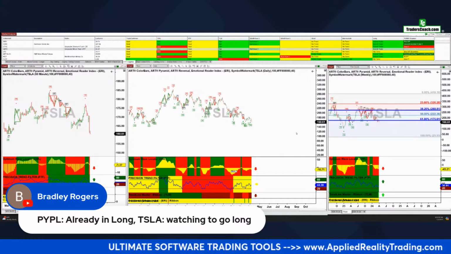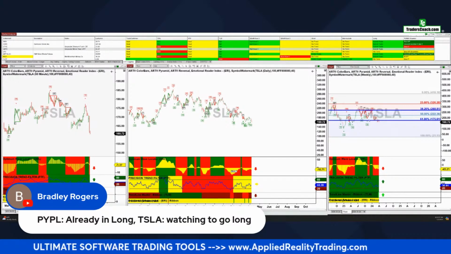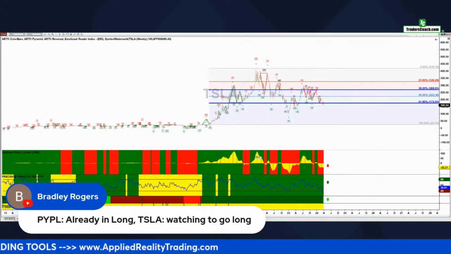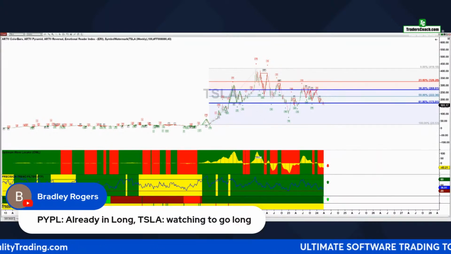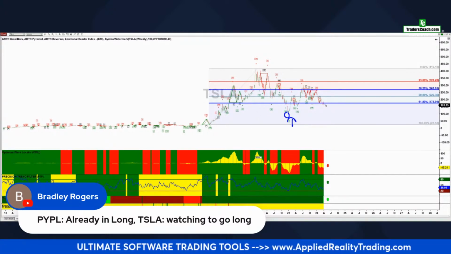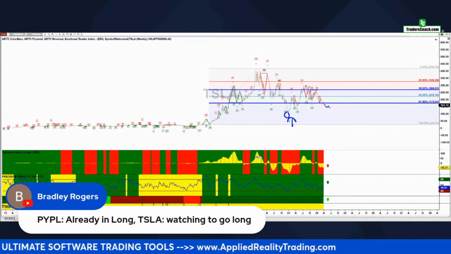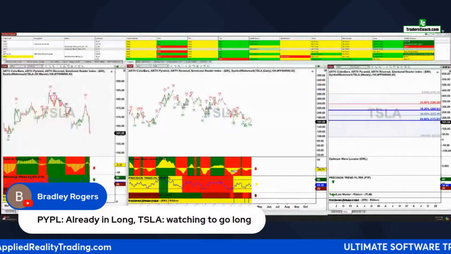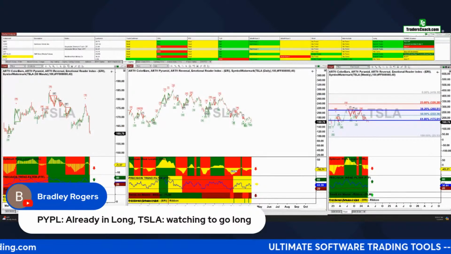I love the fact that it's corrected because you're not chasing the market. All right, so we have had a good correction, and then we've had a big move up off the bottom. So really what we're trying to make sure is that this is the bottom, all right? And it looks like it's going to attack it again, but if it holds, which I think it probably will, then we should see a nice place to get in, okay? So give that a little bit more time to season. That's how I would play that.